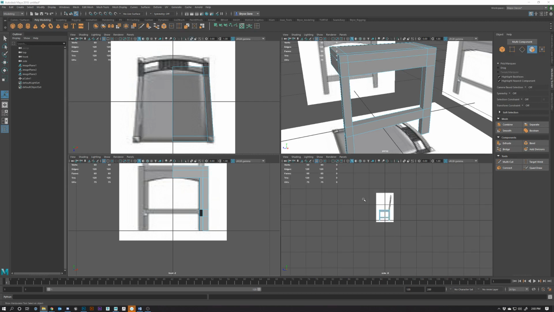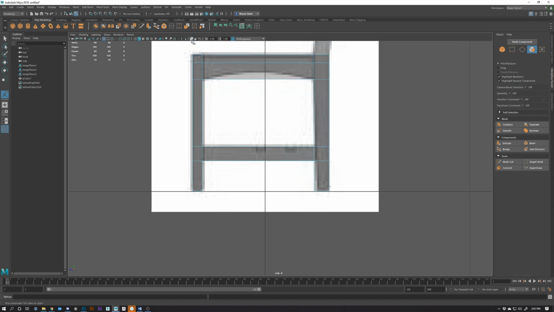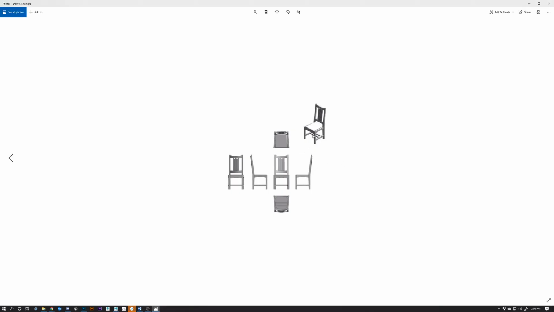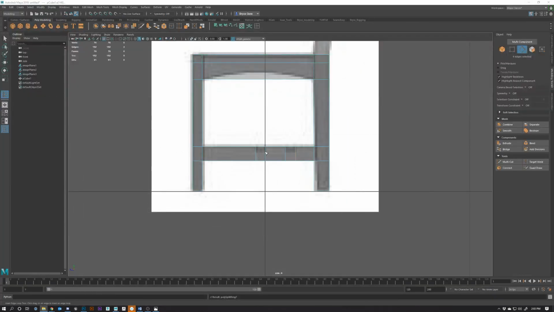To do so, I'm going to go to my side view and Alt X, or for you guys it's this icon right here. And I'm going to insert another edge loop. So let's click insert edge loop. Here, here, here, and here. And looking at that perspective view, I don't think these beams come all the way down. And if I look here, I think they stop right here. So I'm going to add another edge loop